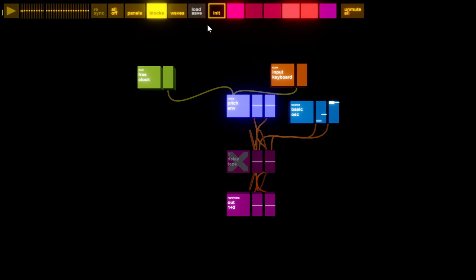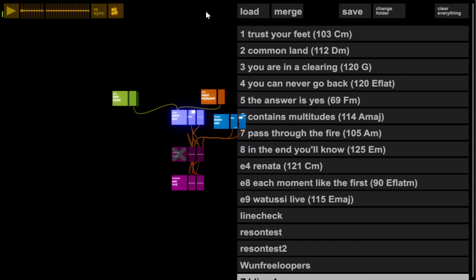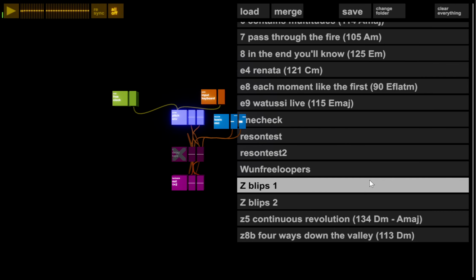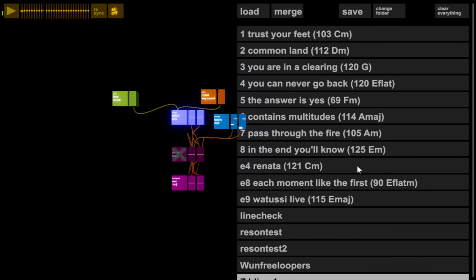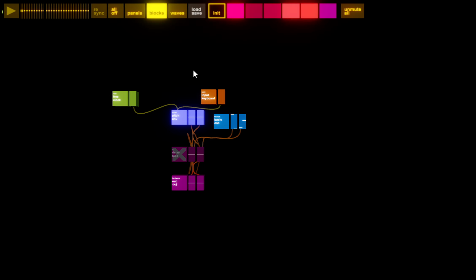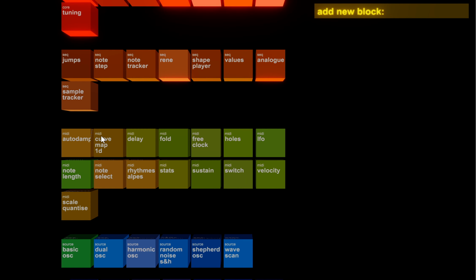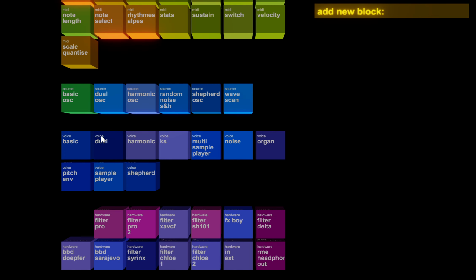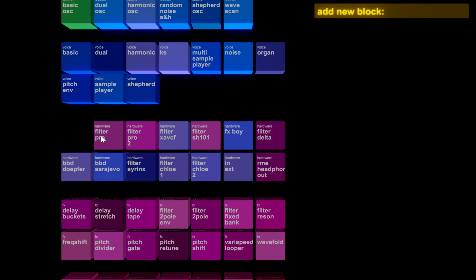Okay, let's load another song just to show some more bits and pieces. Yeah, okay. I can't actually demo this because my modular isn't plugged in, but I'll talk you through it. The idea is that you make a hardware file and you tell it everything that's connected to the computer. There's a hardware editor that I won't show you, but it works.